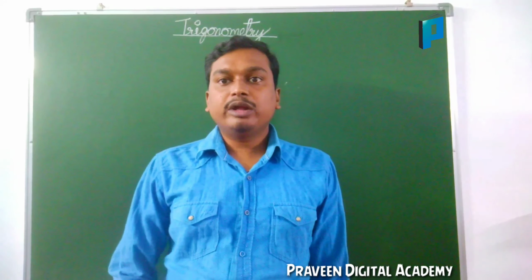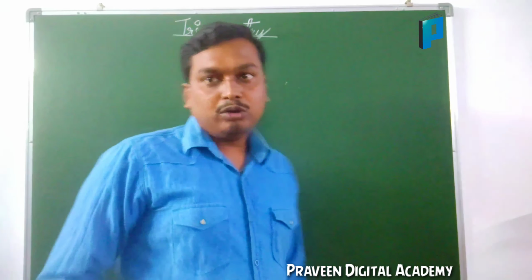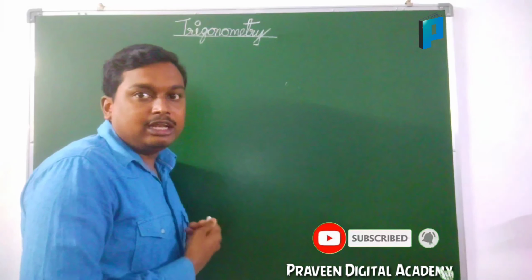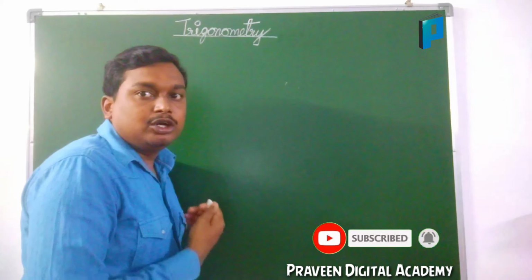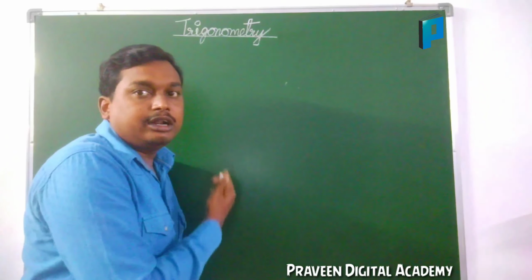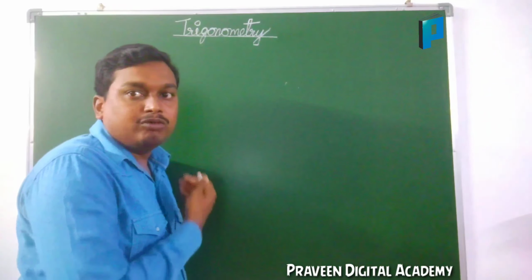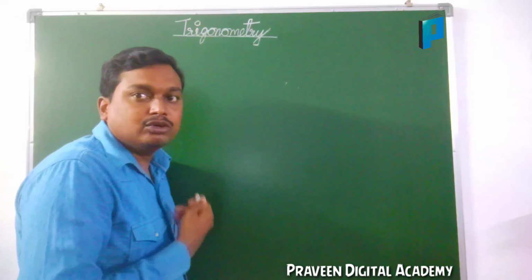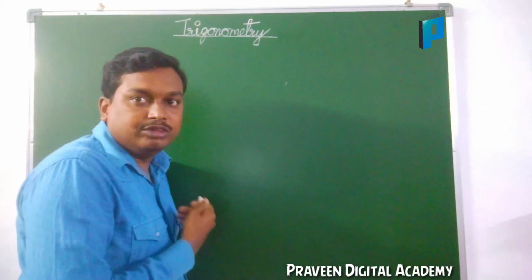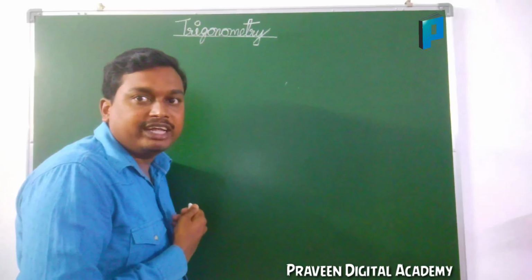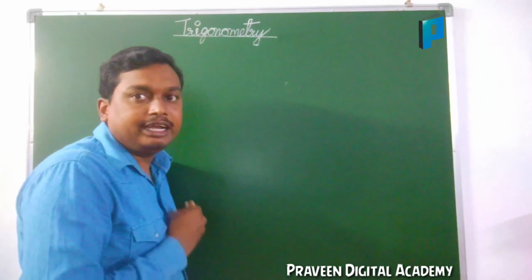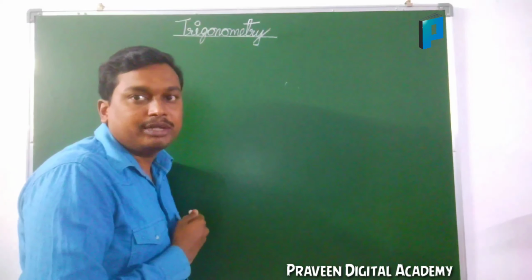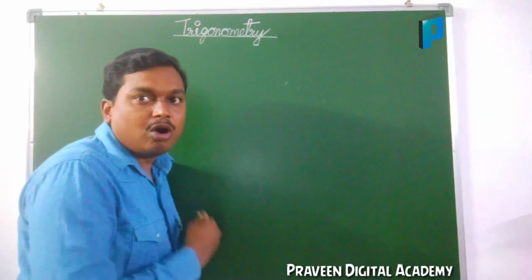Welcome to my channel. Today I am going to explain the trigonometric table, and in this table I will tell you a very shortcut method to remember the trigonometric values of the sine, cos, tan, cot, sec, cosec ratios for 0 degrees, 30 degrees, 45 degrees, 60 degrees and 90 degrees. In this video, we will discuss only the shortcut method which will be useful to all.